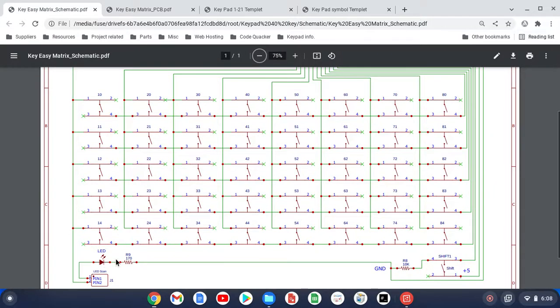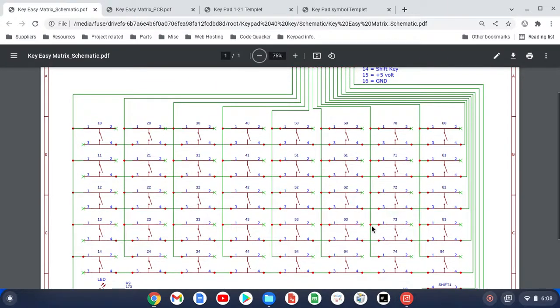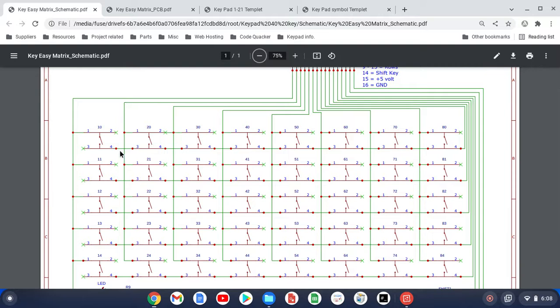This is the LED, the dropping resistor, and the shift key. Okay, our purpose here is to look at the columns. You can see column 1 begins with 10, and then it goes 11, 12, 13, 14. Column 2 then goes to the 20s: 20, 21, 22, 23, 24. Column 3 is in the 30s: 30, 31, 32, 33, 34, and with the 40s, 50s, 60s, 70s, and 80s